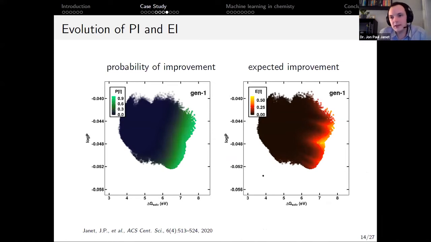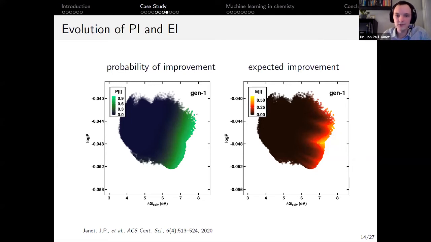So the way the 2D expected improvement works, I don't have much time to explain all of the details of it, but they're in this paper, and we can also talk about it in questions or even offline if you have any questions. But here are two properties: the redox potential and our surrogate for log D. There are 3 million dots on this graph. Each one is the probability of improving upon the current best design. So that's all of the probability mass of those two Gaussians that's better than the Pareto front,